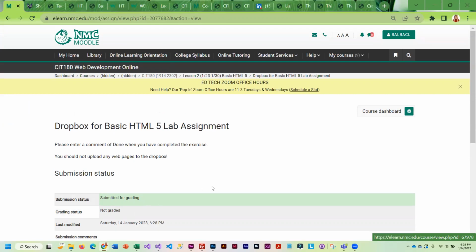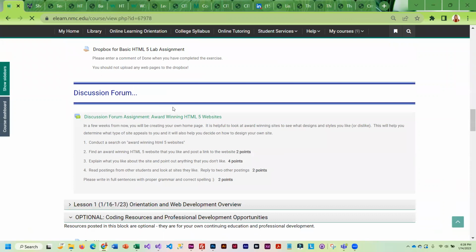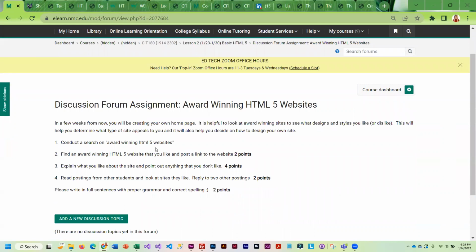So we've got the textbook assignment this week. We have the lab assignment. And then we have one more graded activity, and that is the discussion. If you are creating web pages, it is useful and helpful to take a look at really well-designed pages, because it gives you something to aspire to. So in this discussion forum, what I want you to do is look for award-winning HTML5